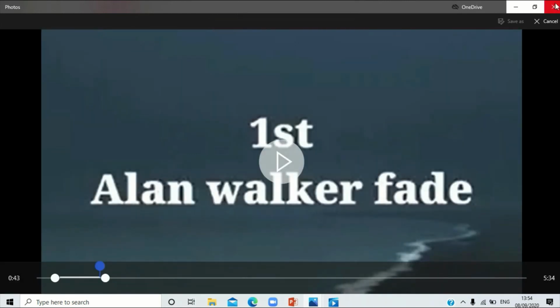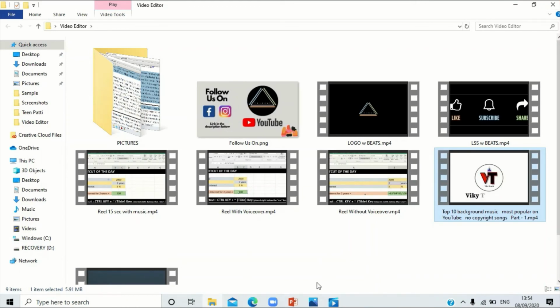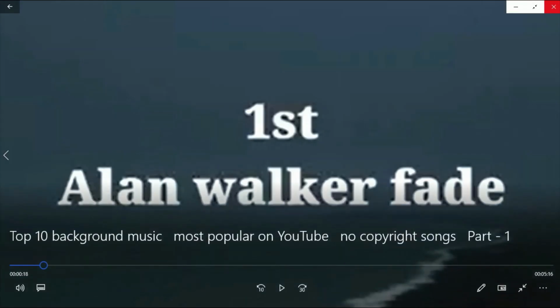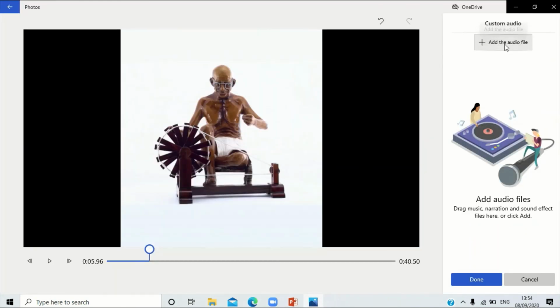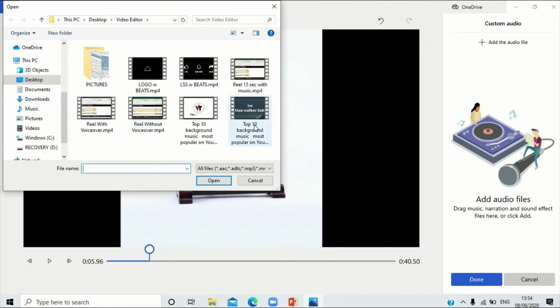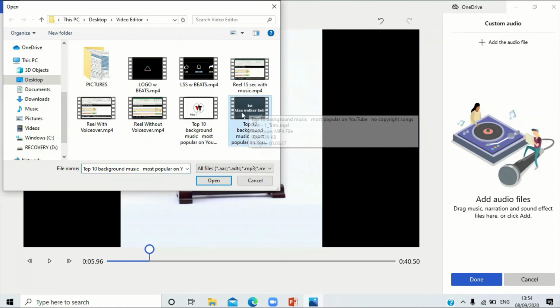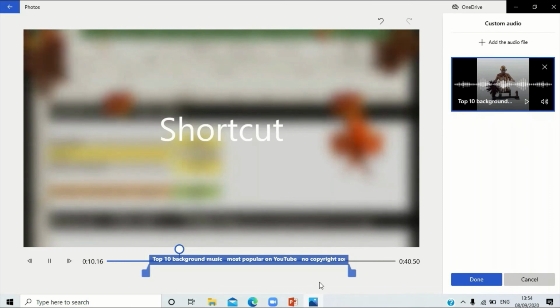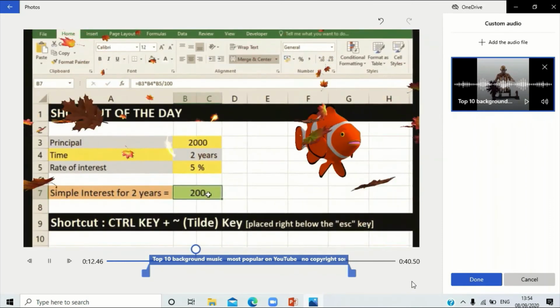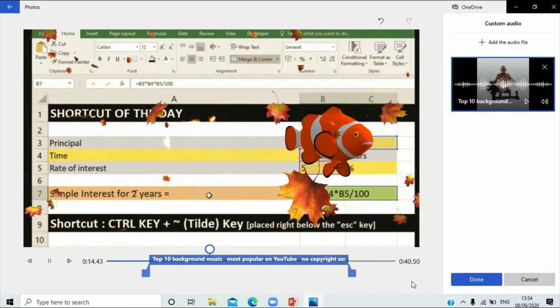So once this is done, I can just remove that and remove this audio file as well. And I can return to my video editor. Here, when I now go to add a file, I have this crop portion that you see, the first Alan Walker fade appearing, and I can click on open. Now what happens is I only have the crop portion of the sound appearing here. So now I've played it. Now it perfectly fits the sound requirement that I had.